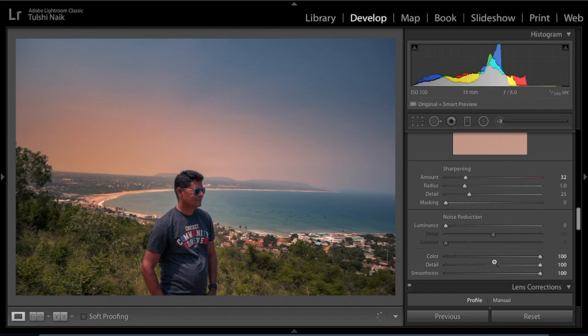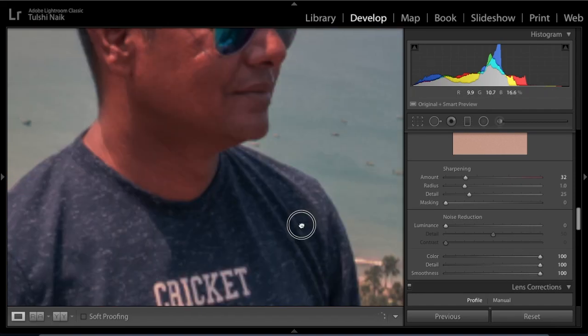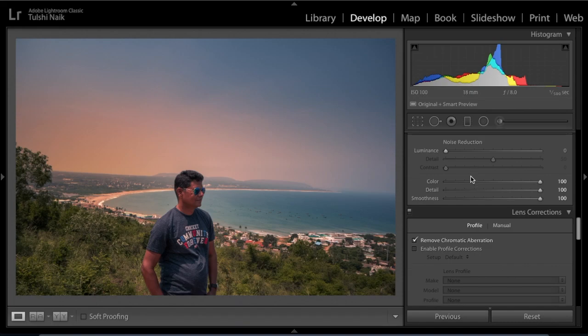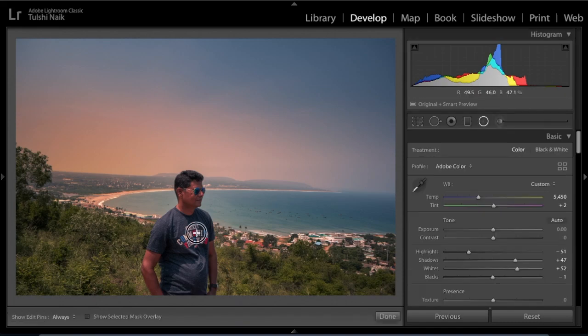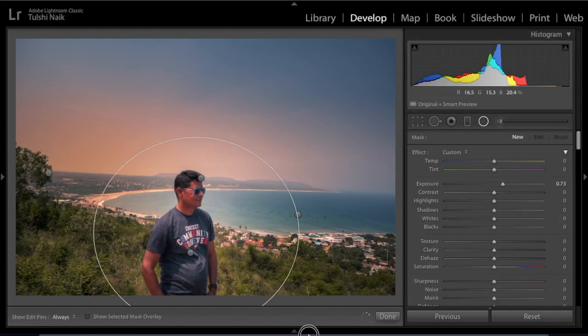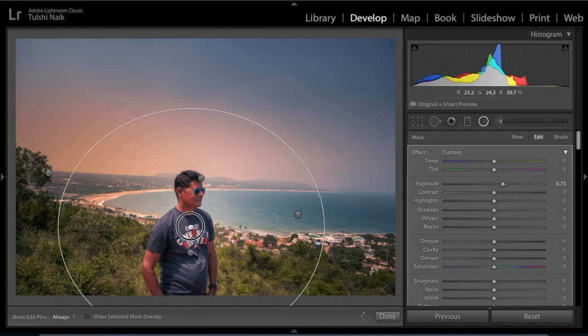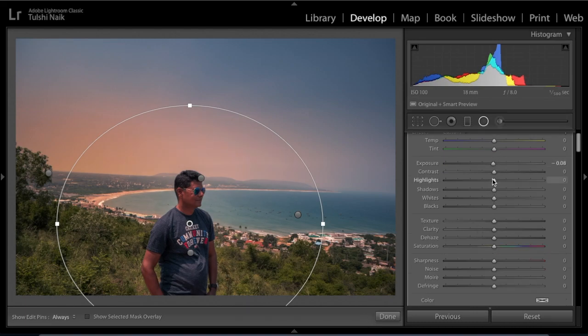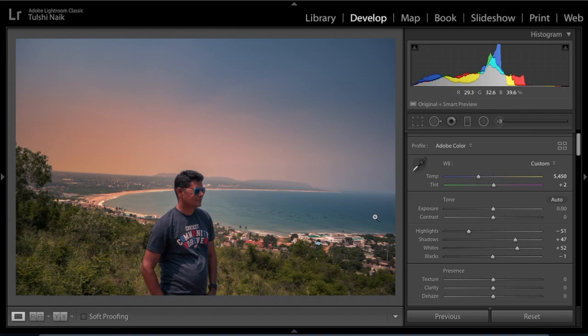So it will only work if there is any color noise, it will repair that. Going to take one more slider here, reset, and just decrease a tiny little bit of exposure in this area and reduce a tiny little bit of contrast in this area. That's it.